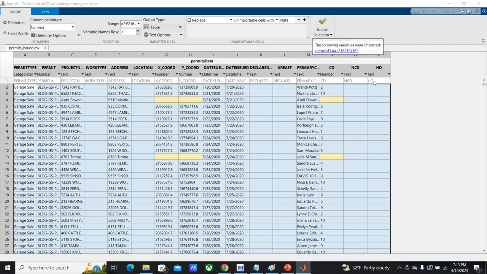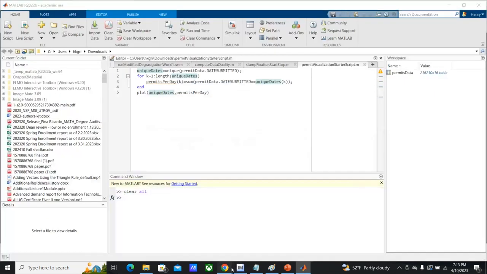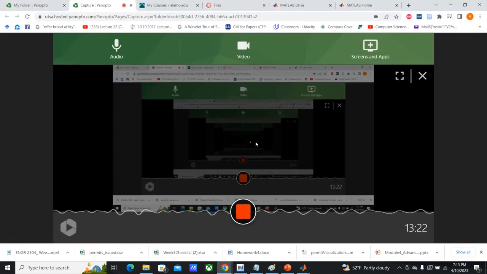216,210 rows. So that's how many different samples or instances of permits that we have recorded. And notice that each record of a permit is described by 16 variables. And we see some of the names here on top. And I can show you, I don't think I actually still have the website open, but I will post a